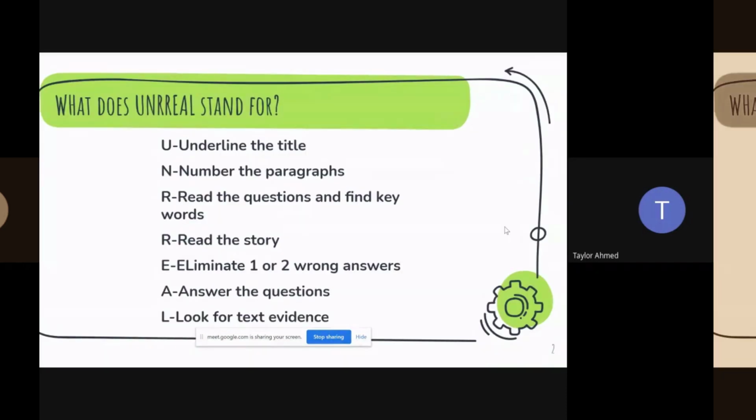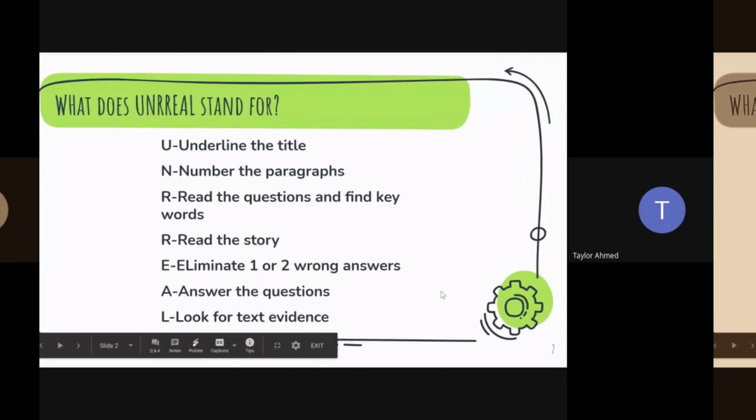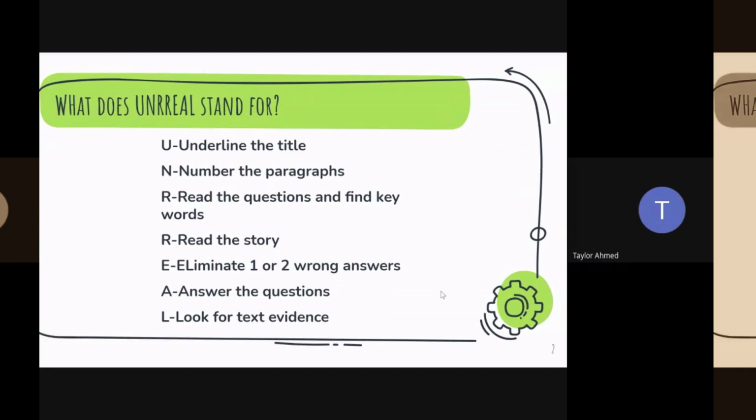So, firstly, you're probably asking yourself, what does Unreal stand for? Unreal stands for a few different things. Each letter stands for something really important that you would want students to use while reading a passage and answering comprehension questions. So, in short, Unreal, the U stands for underline the title, N is number the paragraphs, R is